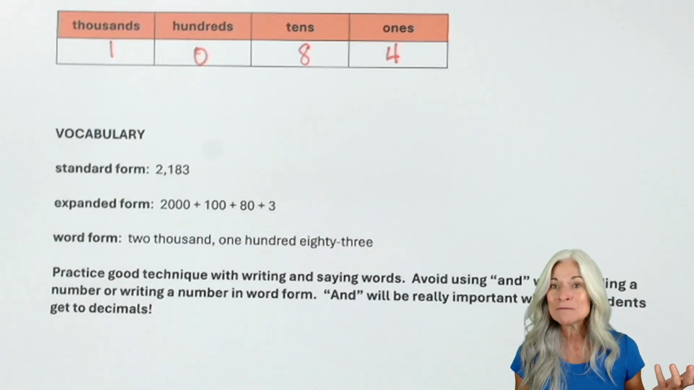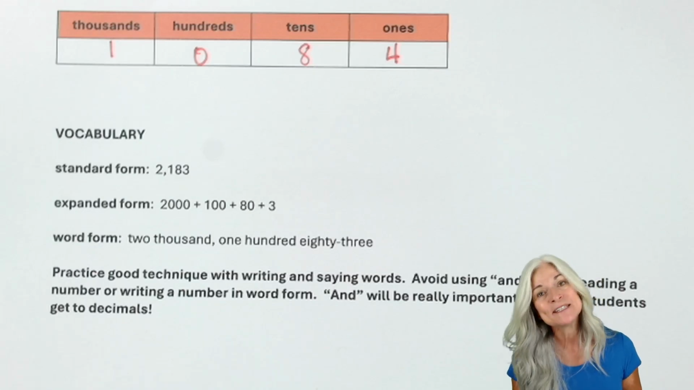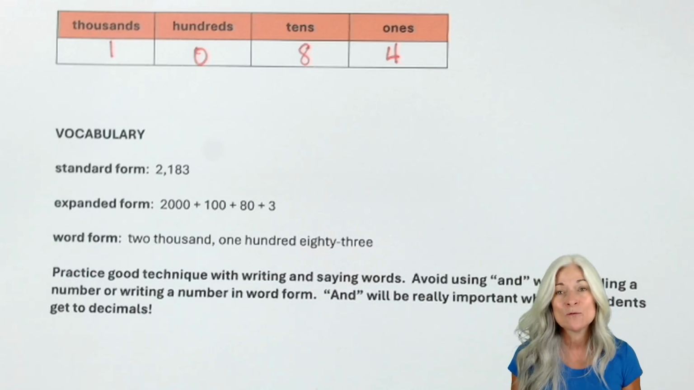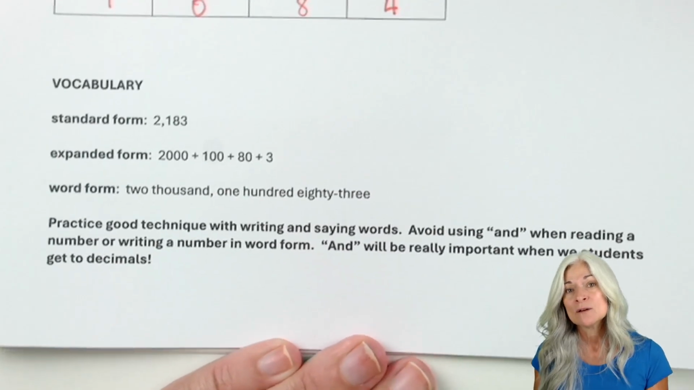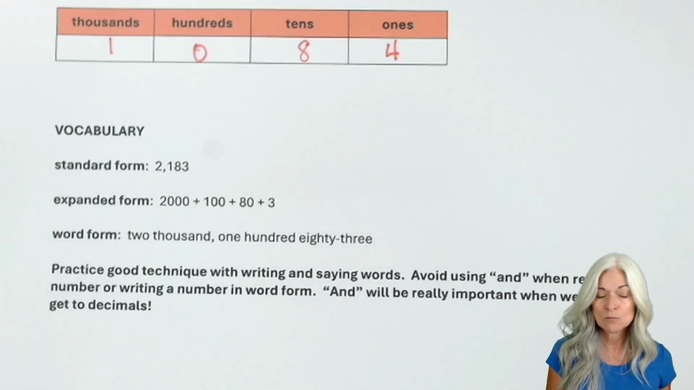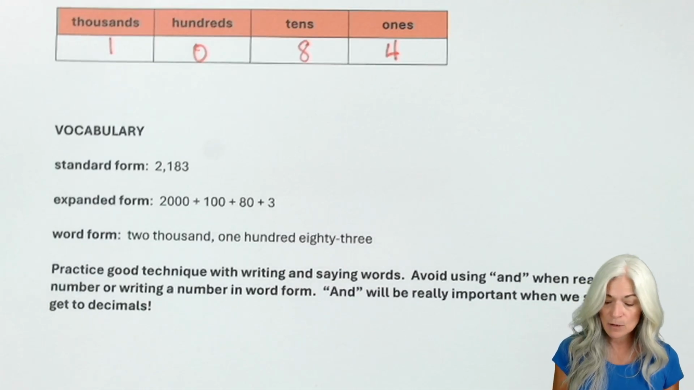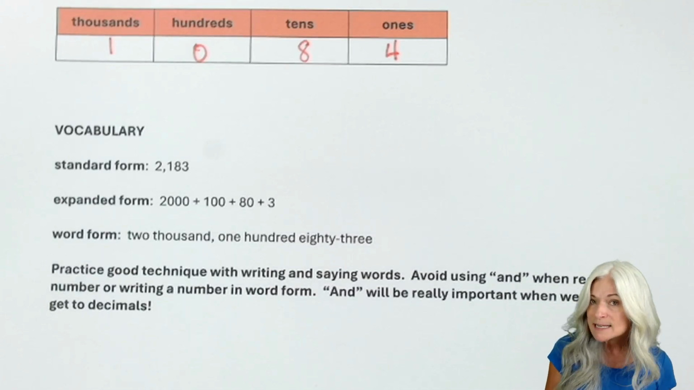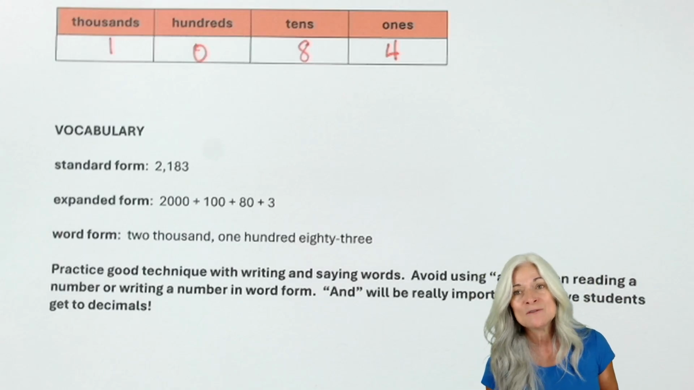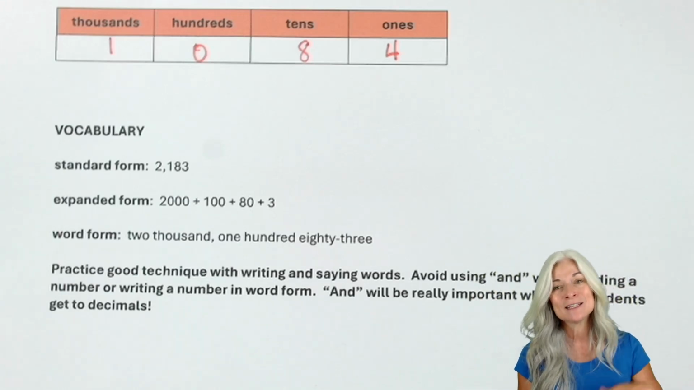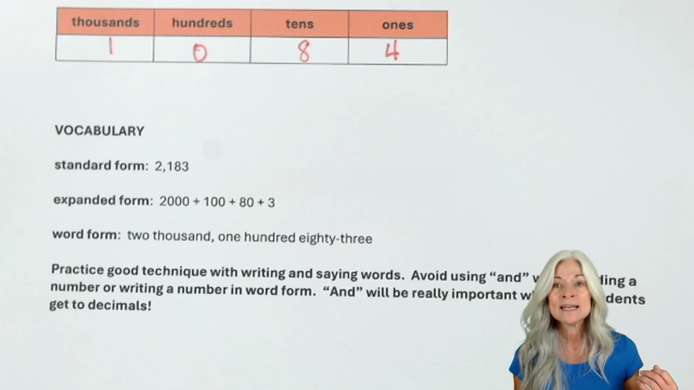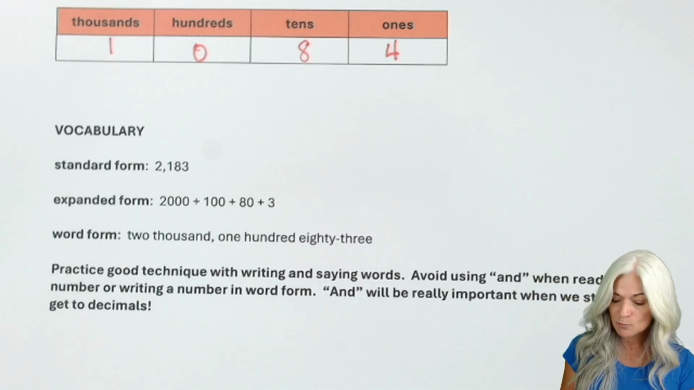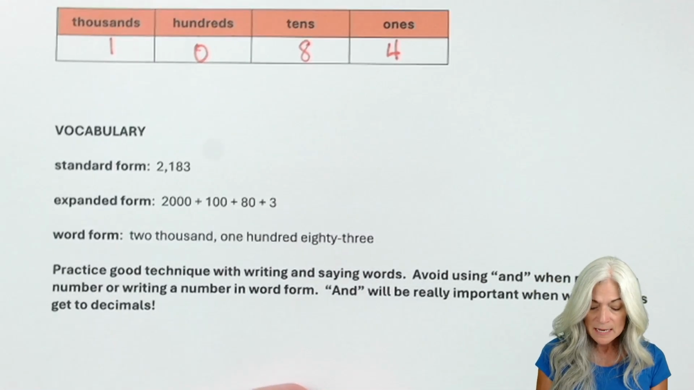Now, in the word form, pretty much when you read it from standard form, that's going to be the word form. Now, when you're practicing with your students, some really good technique when they're writing and saying these words, avoid using the word "and" when reading a number or writing a number in word form. I know sometimes we're tempted to say 2,183. It's not that it's incorrect, but